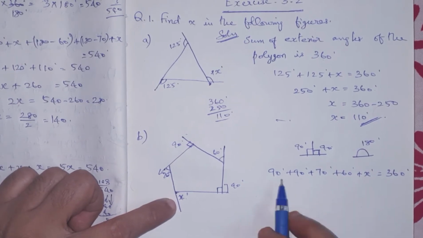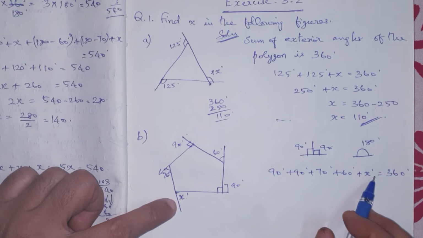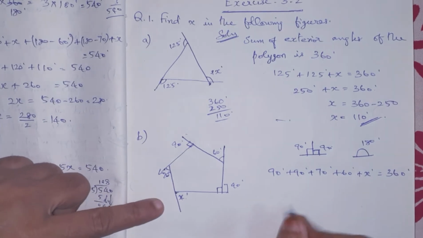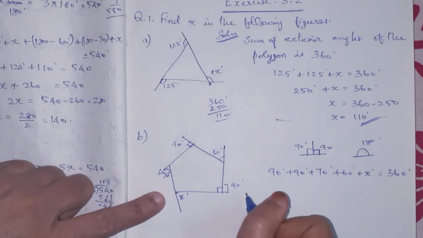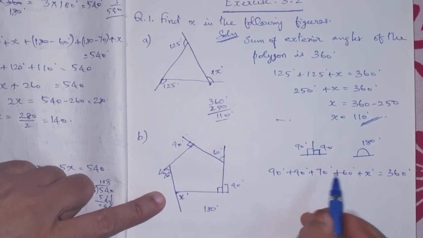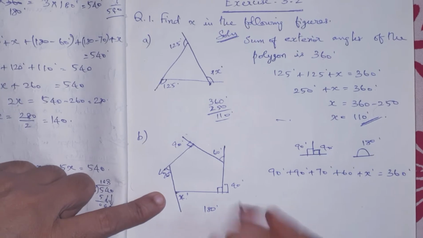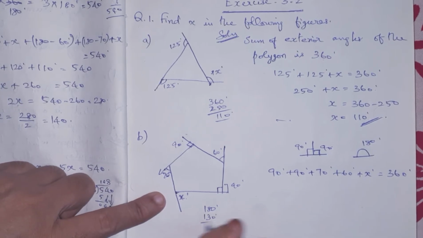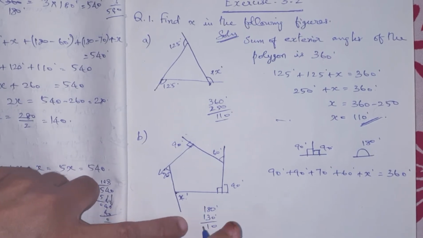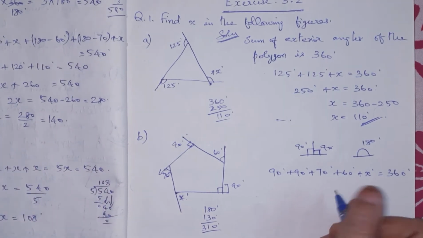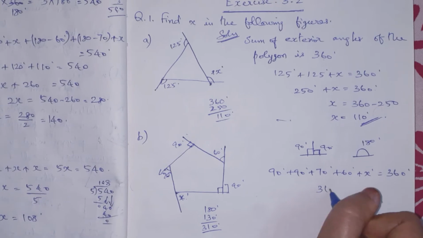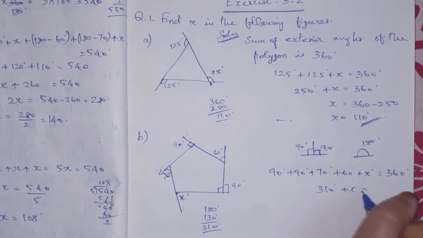So when we add these, we get the x value. 90 plus 90 is 180. 70 plus 60 is 130. Adding these we get 310. 310 plus x equals